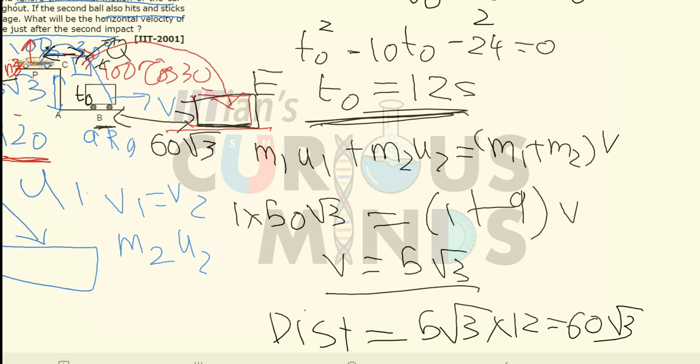Now since over here the acceleration is 0, or the deceleration basically, or the resistive force is 0, the velocity will remain constant throughout. It means that at point B the velocity was 5 root 3. At point F also the velocity will be equal to 5 root 3. The velocity will not change unless the cannon is hit. Before the cannon is hit, the velocity is equal to 5 root 3.